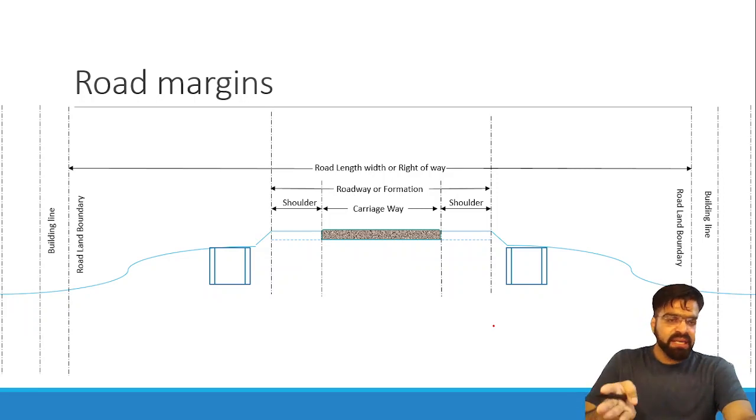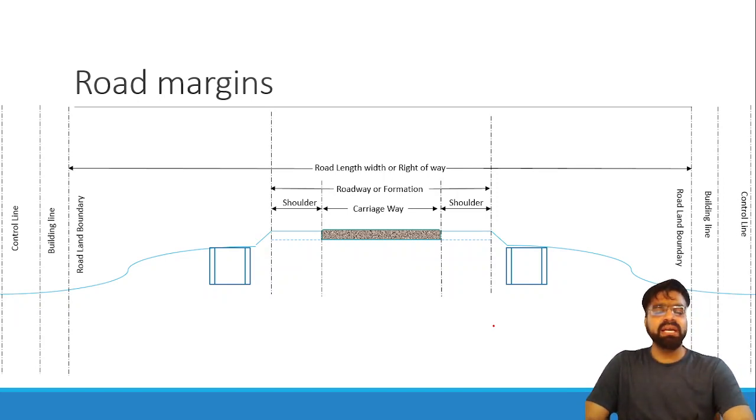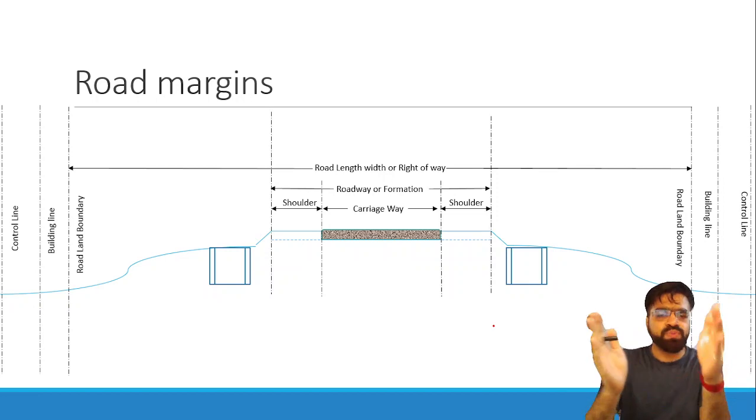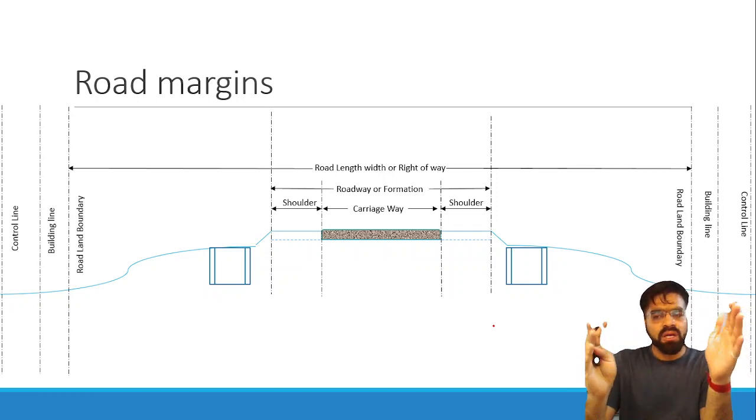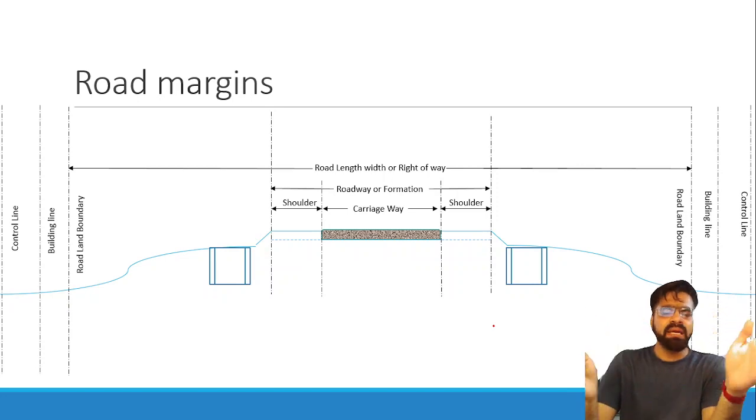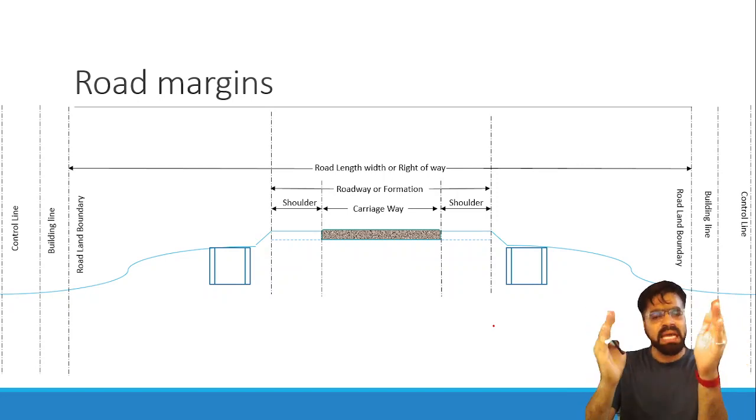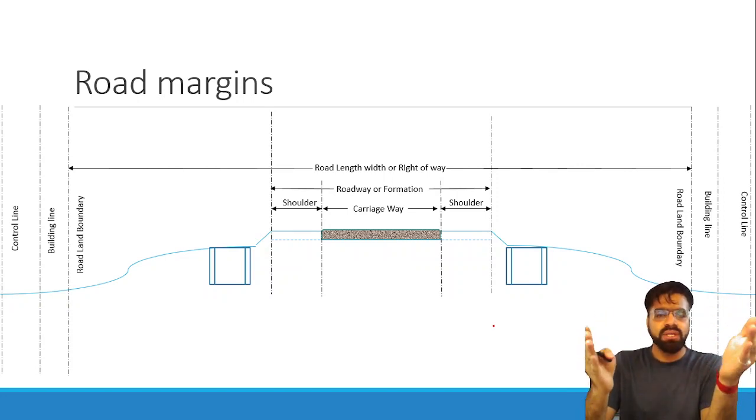While defining the building activity line, we also define a control line. The last line till which there will be control over what kind of building activities can occur is known as the building or control line. So these spaces should be made while designing or planning a highway, because this helps you to plan your highway for futuristic use.